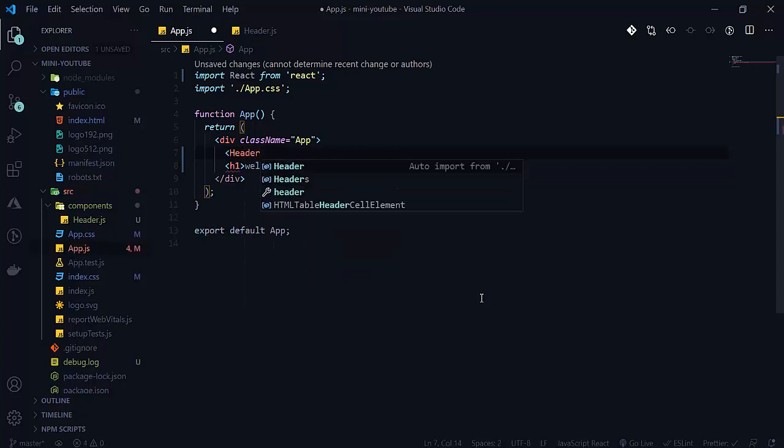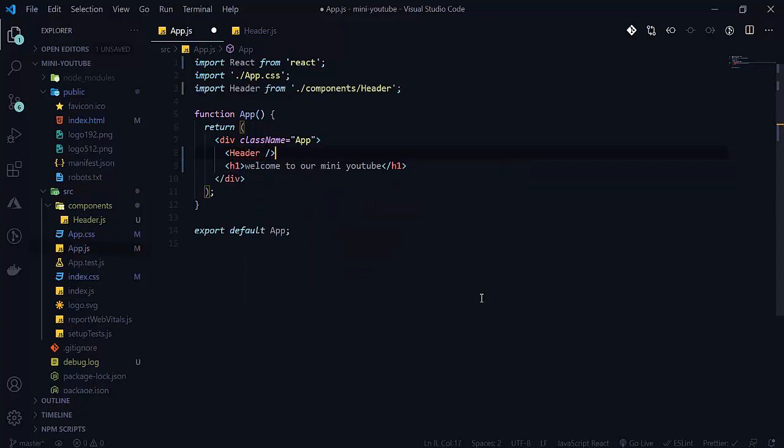That's why I prefer Visual Studio Code. See that this is our header, and it automatically imports our header from the desired place. That's why it is good. Let's see, it is compiling. It will take a little time for compilation.